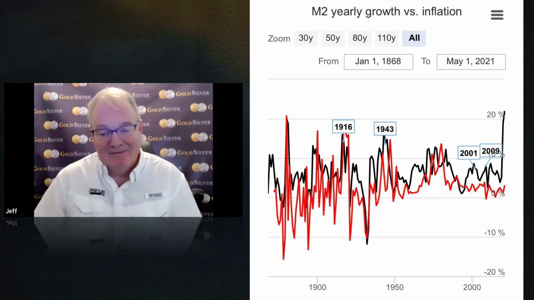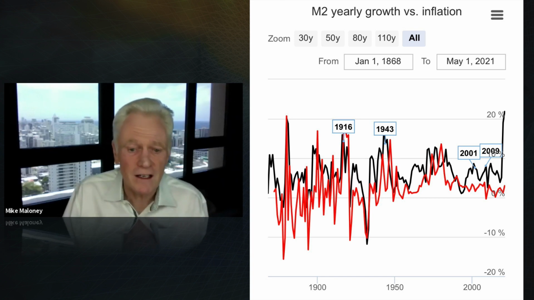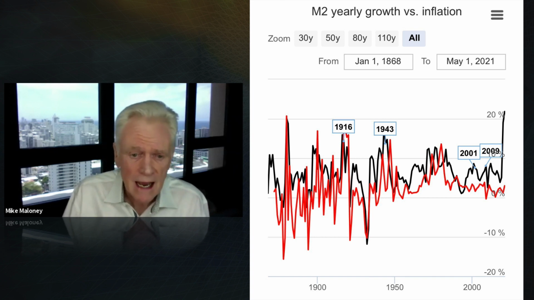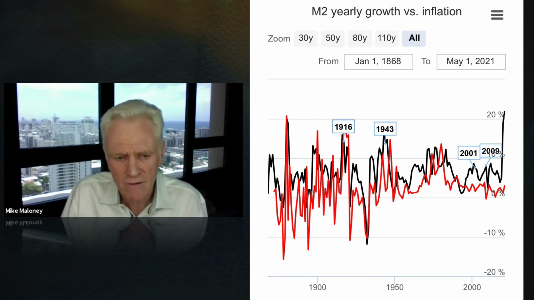Yeah. What do you think, Mike? Well, there's two things I want to point out in this chart. The amazing correlation in the past. And so if that holds true, we're in for some huge inflation in the future. And then the other thing to point out to everybody is if you look at the red line before we had the Federal Reserve,